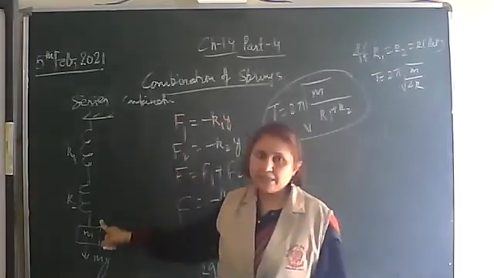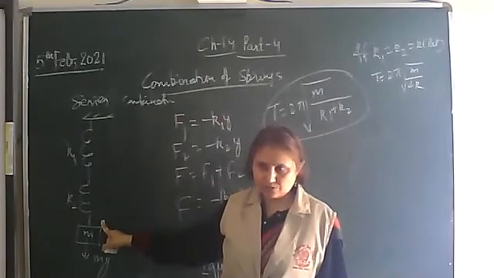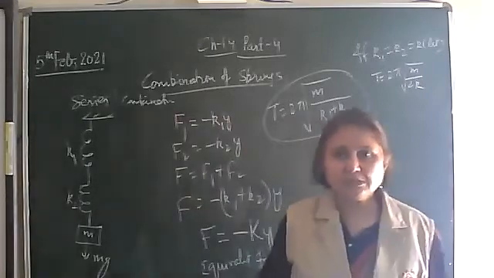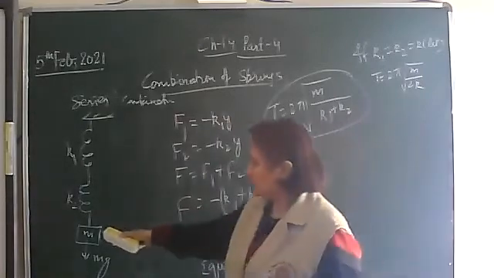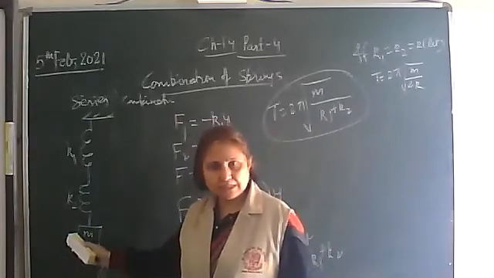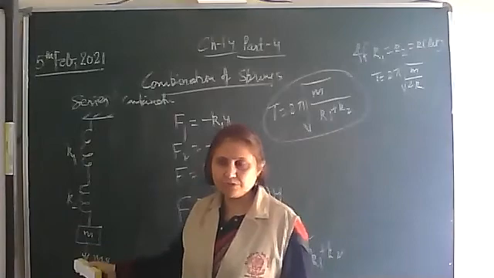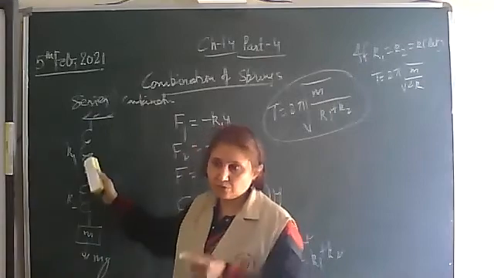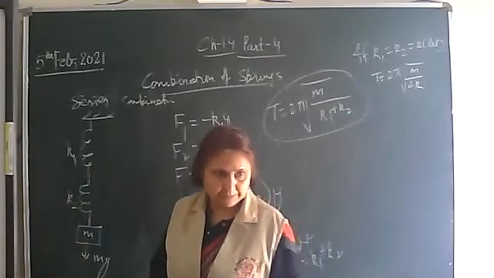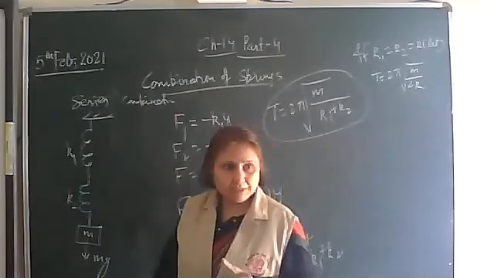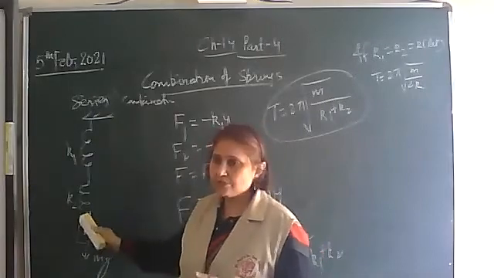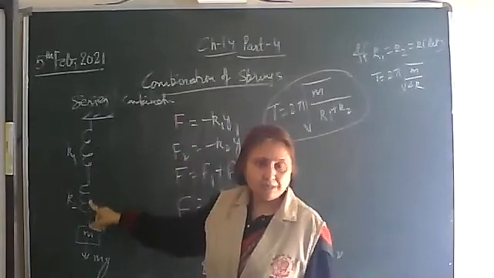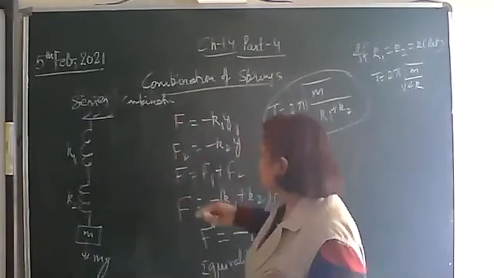The two springs connected one after the other are said to be in series combination. So if the two springs are connected in this way, then such a combination we call the series combination. Okay, in this case, the deforming force, that is the pulling force, equals the restoring force. So here the pulling force is the same, that is, the restoring force developed in both the springs will be the same. In parallel combination, what was the same? Displacement was the same, y was the same. Here, the restoring force developed in both the springs will be the same, but the stretching will be different in both the springs. It depends upon their spring constant.